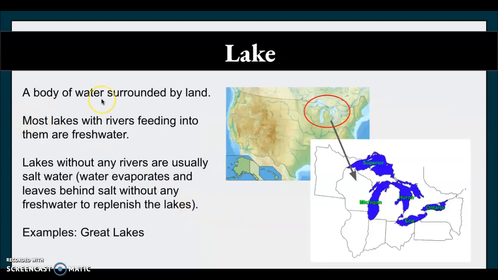Lakes. So these are bodies of water surrounded by land. And most lakes, and this is something new I learned, most lakes are freshwater if there are rivers feeding freshwater into the lake. Lakes without any rivers are usually salt water, and so those are called closed lakes, meaning that there is no source of fresh water coming into the lake. So what happens is water evaporates and leaves behind the salts, and yeah,